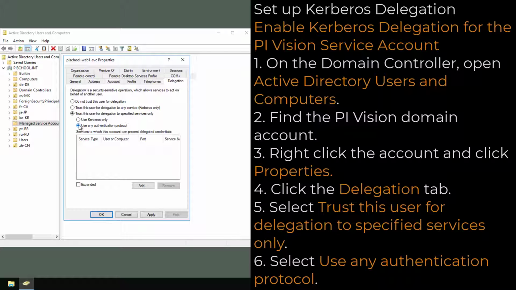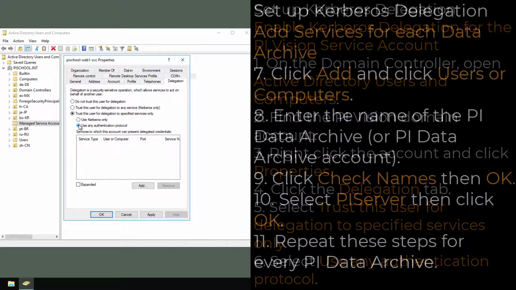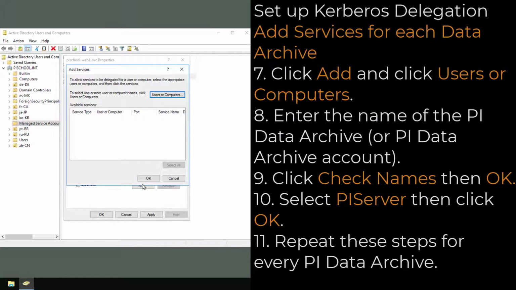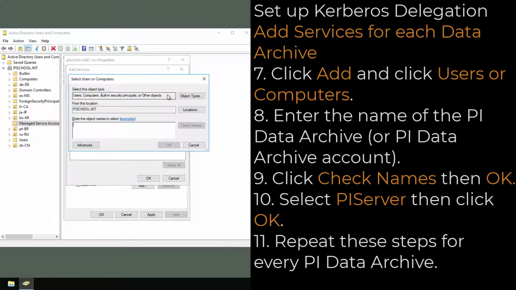Next, we will add services for each PI Data Archive that PI Vision will access. In the Delegation tab, click Add to open the Add Services window. Click Users or Computers. In the Select Users or Computers window, enter the name of the PI Data Archive.